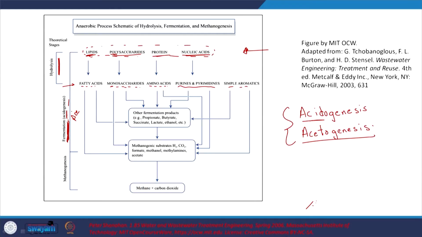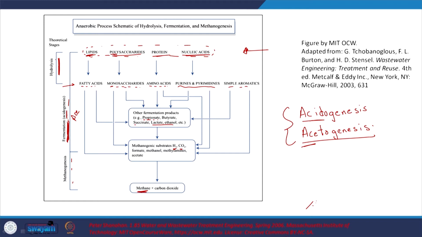So, what is it that we have formed during the fermentation step? You have relatively complex fatty acids like propionate, butyrate, lactate and such. And then they are going to lead to the formation of acetic acid, I guess, right. That is why acetogenesis, if I am not wrong, but we will come back to that. And after that you are going to have methanogenesis, as in methane is going to be formed in this step from methanogenic substances. Hydrogen is essential, we will see why, and carbon dioxide too is going to be formed in one of the products, but we will look at it.